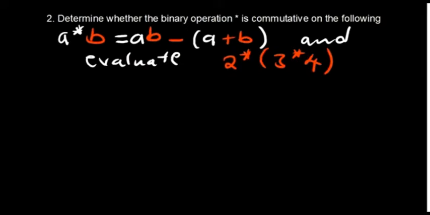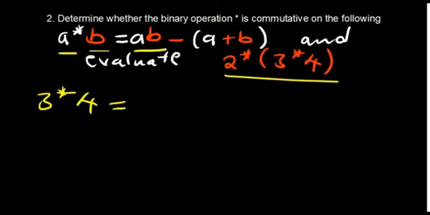We're on the second question now. Okay. So we have A star B being equal to AB minus A plus B. We're trying to determine whether a binary operation is commutative. First of all, let's start by evaluating what we've been given. So we have 2 star 3 star 4. We always start with what is in the brackets. So we have 3 star 4. 3 corresponds to our A, and 4 corresponds to B. So our AB is going to be 3 times 4